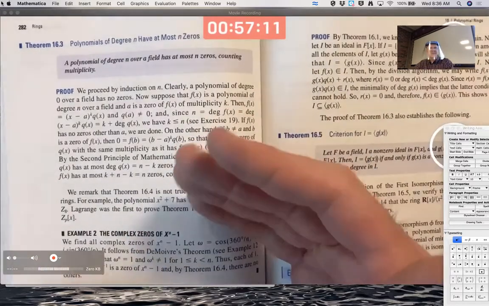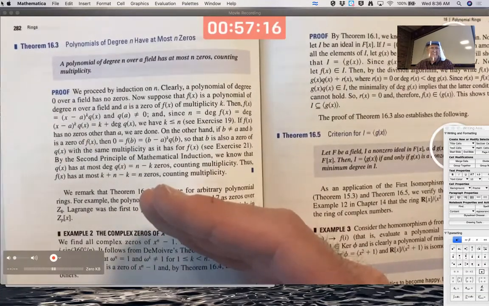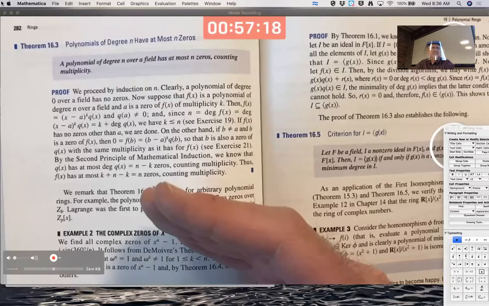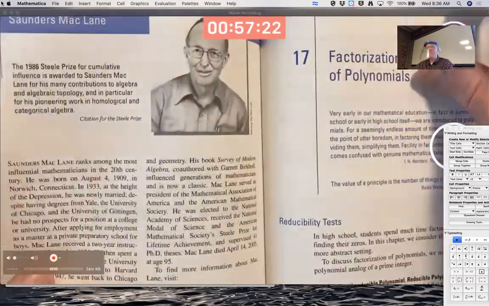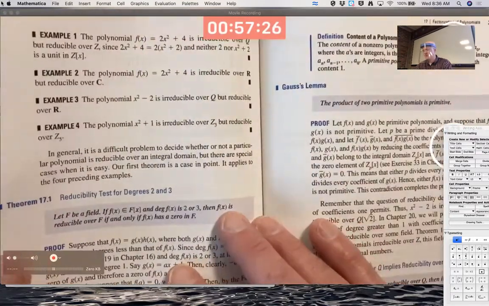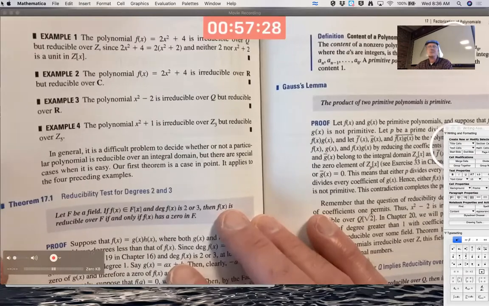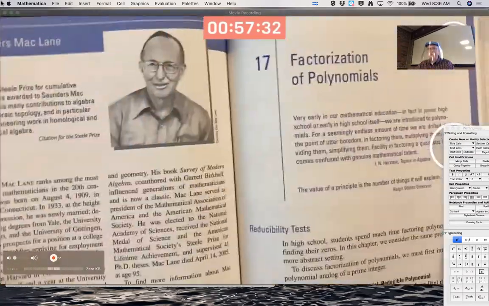You can see it should be pretty intuitive that these are fundamental facts to know about factoring and roots of polynomials. In chapter 17, you get into more details about that. I'm going to come back to chapter 16 here in a minute, but let me just hint at some things in chapter 17. Chapter 17 is about factorization,